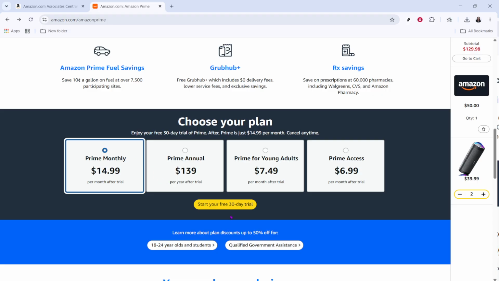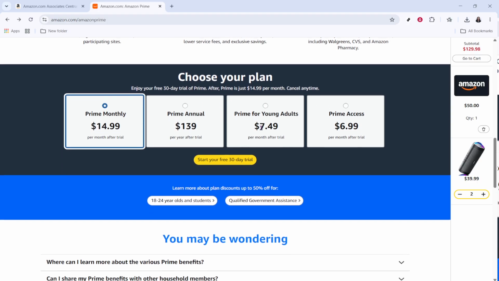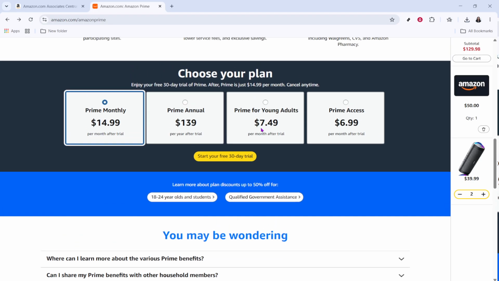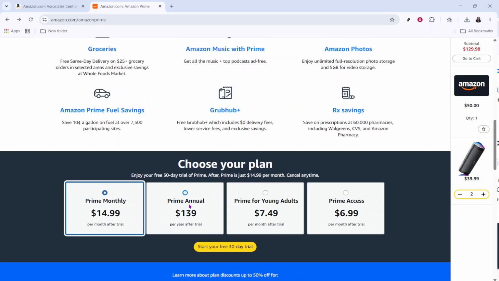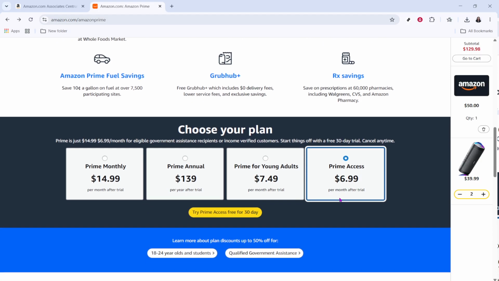Keep in mind that available Prime plans and pricing can vary depending on your country and account, so the monthly option may not be available for everyone. And that's it. Now you know how to check and switch your Amazon Prime membership to a monthly plan when